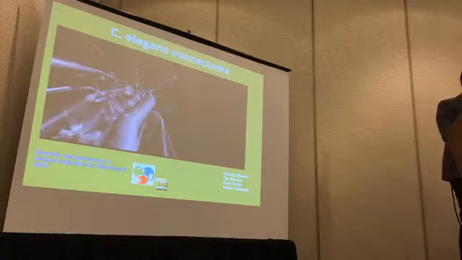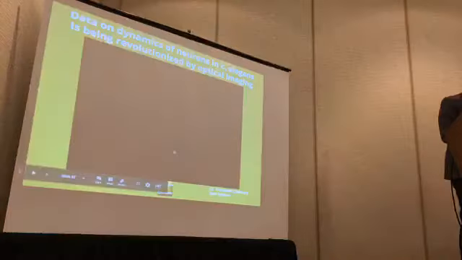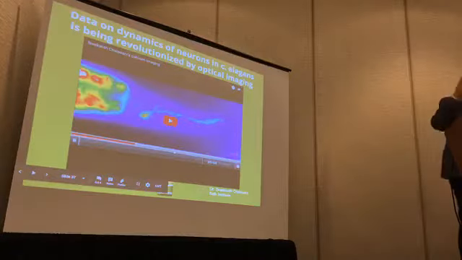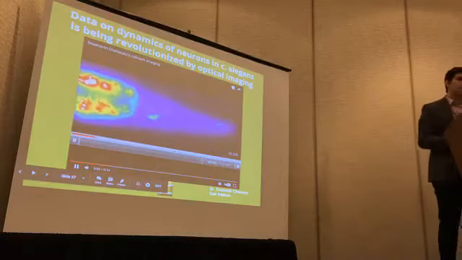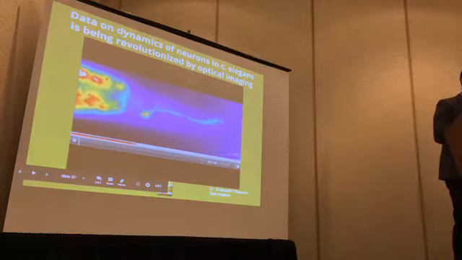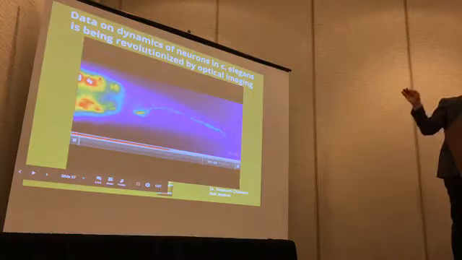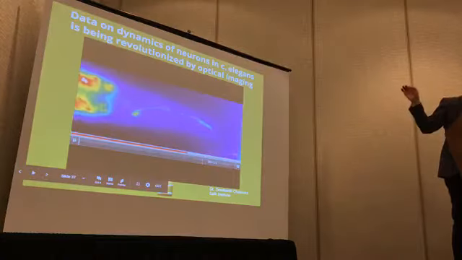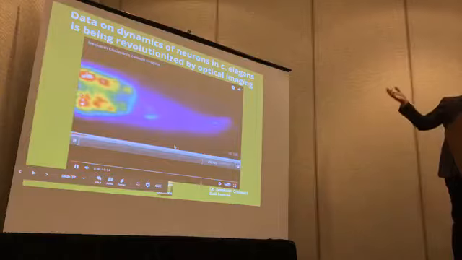Okay, I sort of promised I had a lot to talk about, and I already don't have enough time to really tell you very much about dynamics. I'm just going to give a scattering of ideas in the 2 minutes that I have left. But optical imaging is transforming the way that we understand the dynamics of this nervous system. In this case, we're looking at a fluorescent marker inside the nose of the worm, as it's being stimulated by a chemical signal.